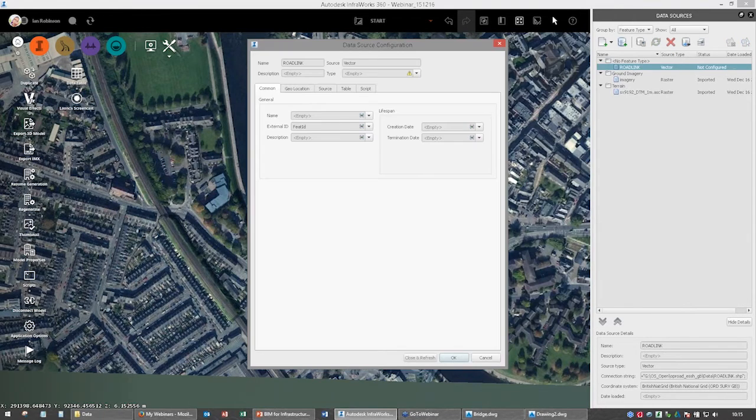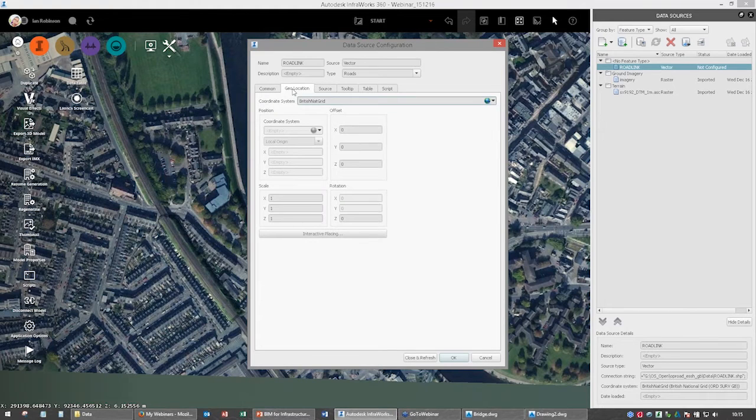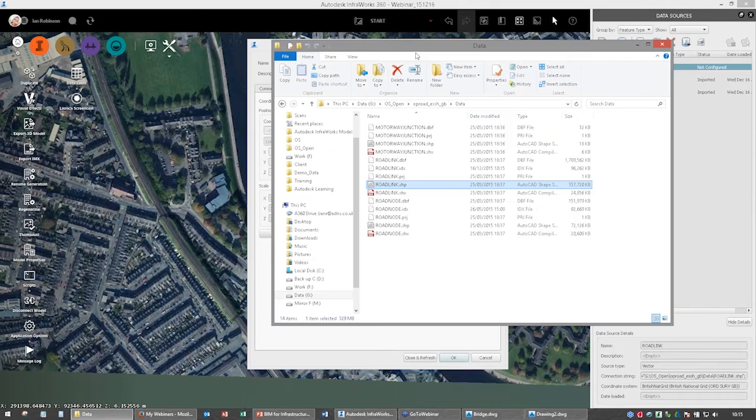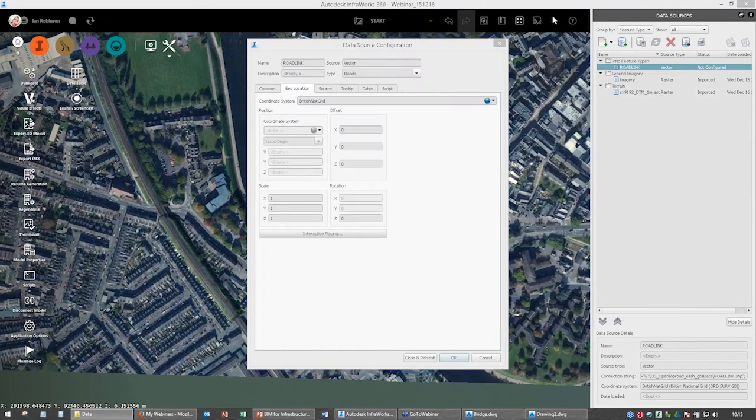I just need to tell it that they're roads. Rather than bring the whole data set in, what we can do is go to the source and drape it on the surface and clip it to the model extent. So it's not going to bring in the 2 gig. It's going to take a bit of time for it to decipher what's within and what's without. Let me just open up some